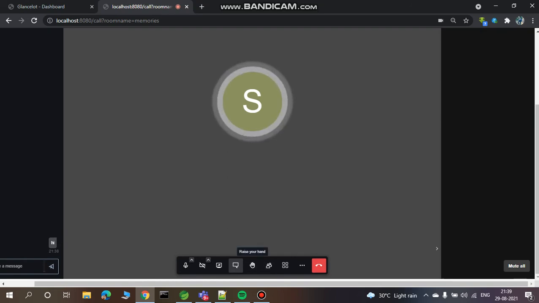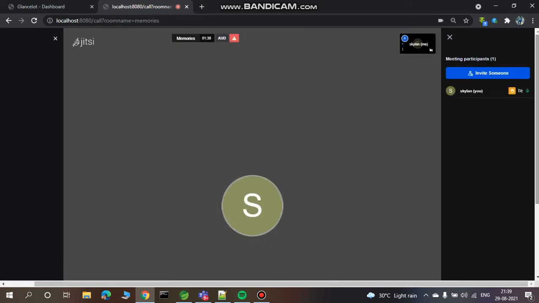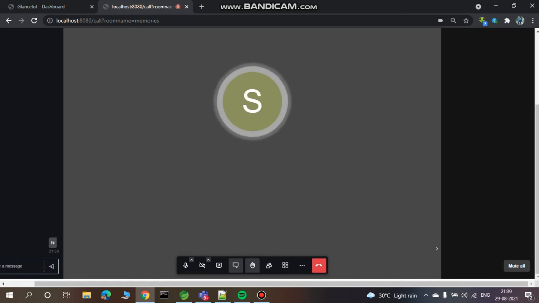Another thing is the pointing out feature, that is one important feature. Like in a group of 20 to 30 students, if anyone has a doubt, how will you know? Okay, so they can raise a hand like this. So your option will be highlighted, like you can see a hand right here. So the host will be able to see that you have some doubt or some problem, and he'll be contacting you soon.